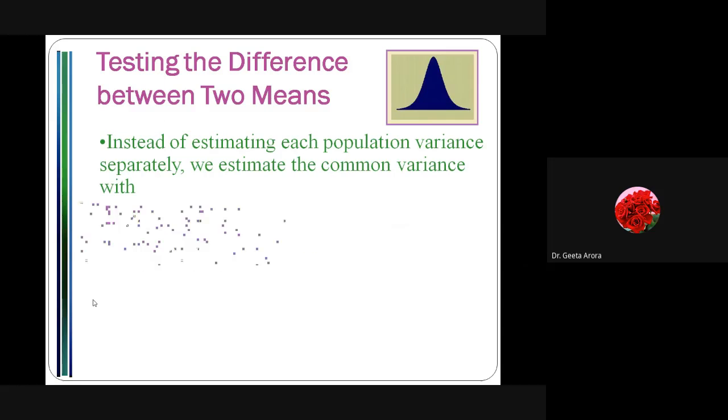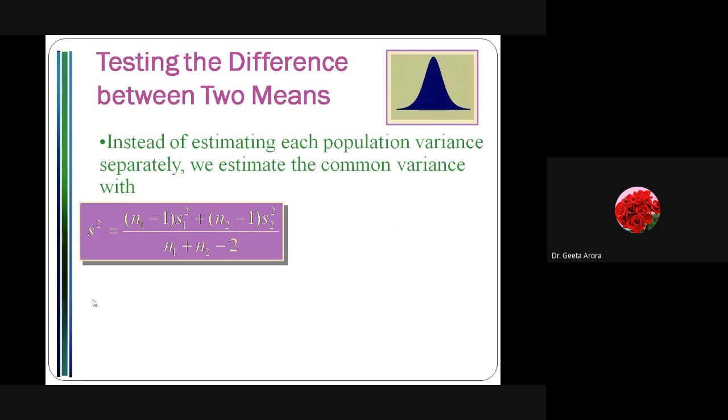So what is the formula we have? The first thing we have to find out is the common variance. We have learned that here we are going to take the samples, and the sample standard deviations are S1 and S2, or we can say the variances are S1 square and S2 square. In order to find the t-test for the difference of means, under the assumption that the two population variances are equal, we are going to calculate the common variance using this formula: S square is equal to (n1 minus 1) into s1 square plus (n2 minus 1) into s2 square, divided by n1 plus n2 minus 2.